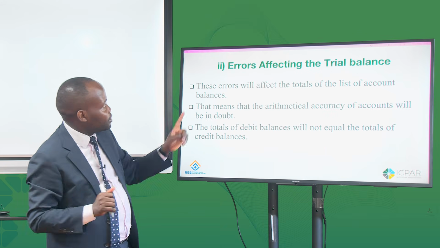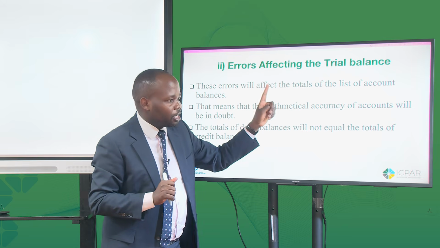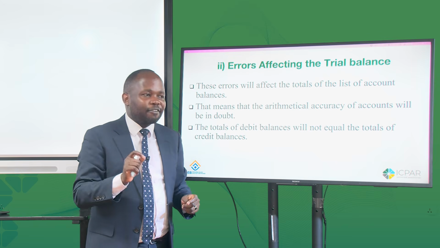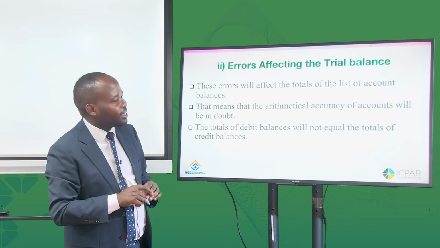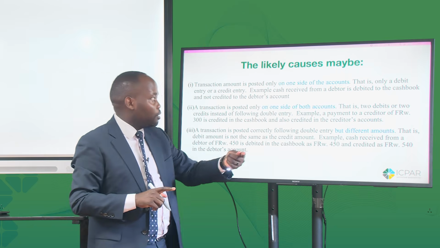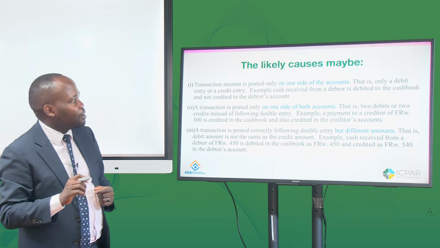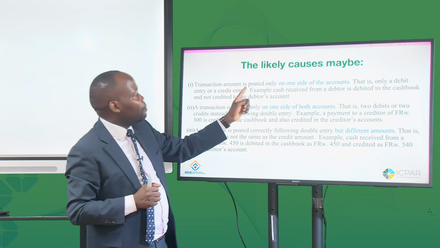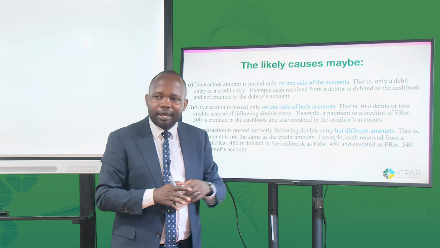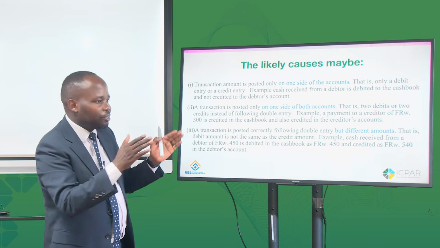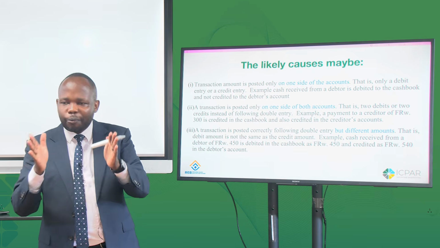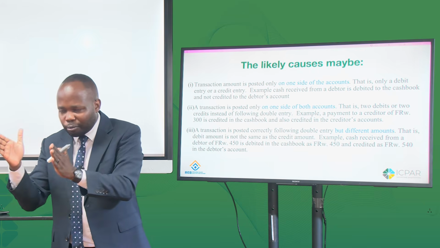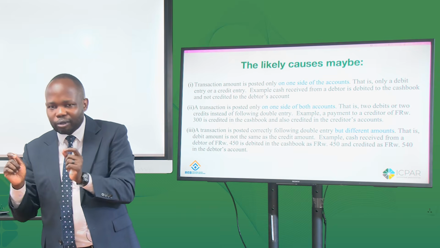Remember, we have two types of errors. Now we have errors affecting the trial balance. Under errors affecting the trial balance, these are errors that will make the trial balance not balance. These errors may be caused by one of the following. Number one, transaction amount is posted only on one side of the account. Remember, every transaction should be on the debit and credit. So if you posted only on the debit and forgot to post on the credit, the trial balance will not